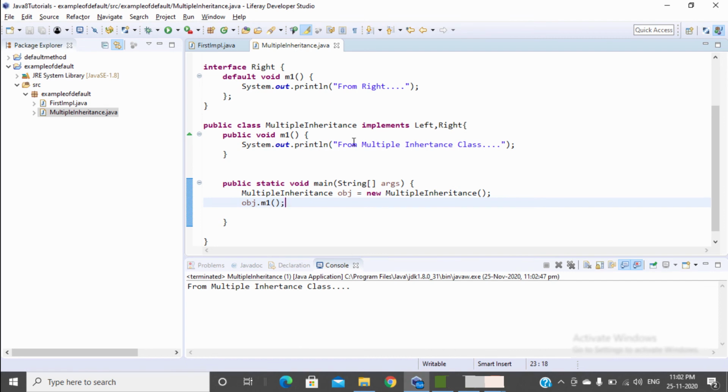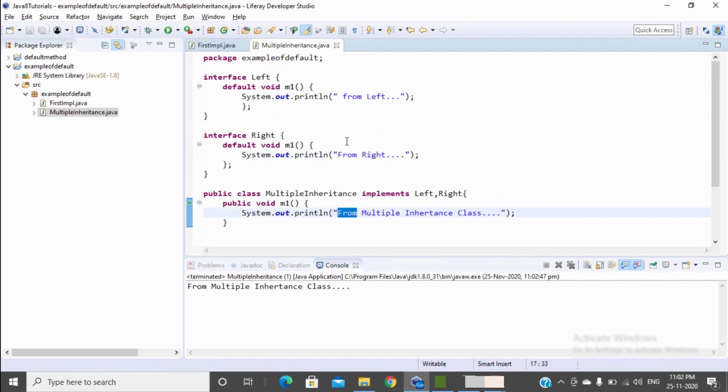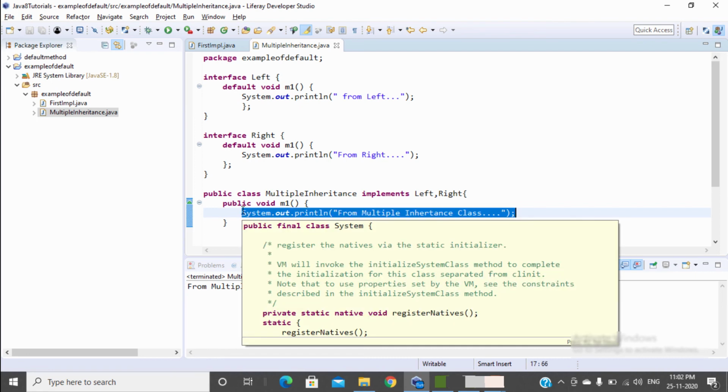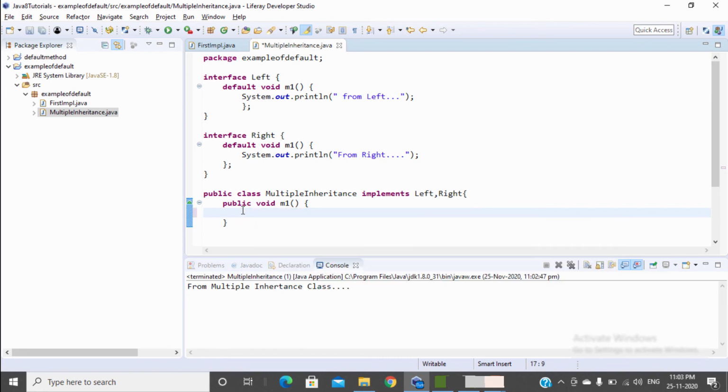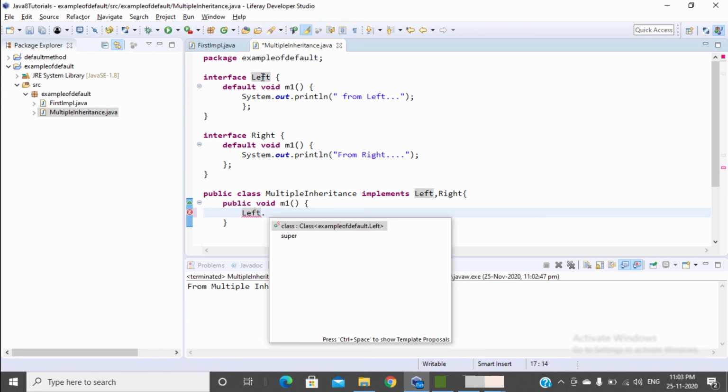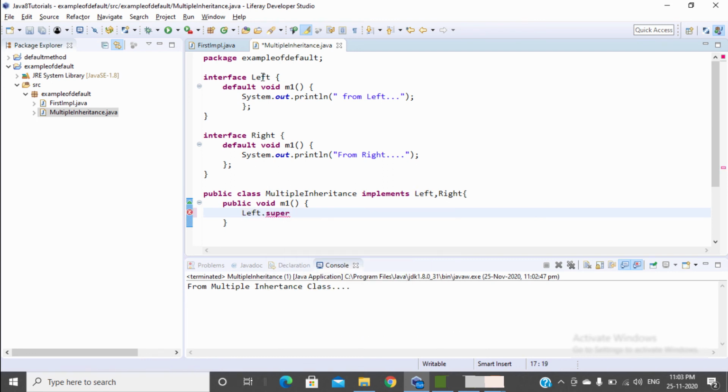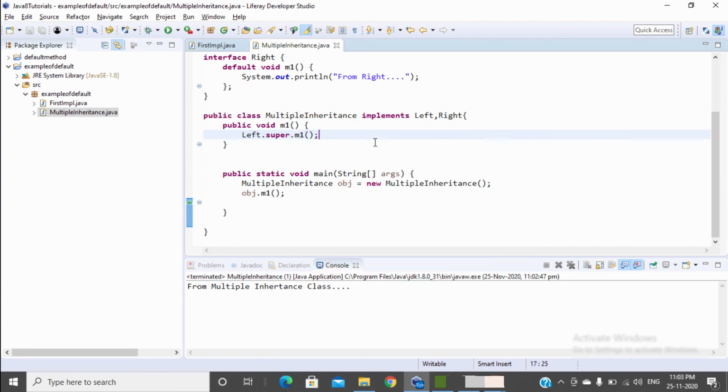Now as you can see, this is called and the conflict is resolved. What will happen if I need to use this method? This is very simple. If I need to use the implementation of Left interface, then you can simply write Left. Now the Left method is called.